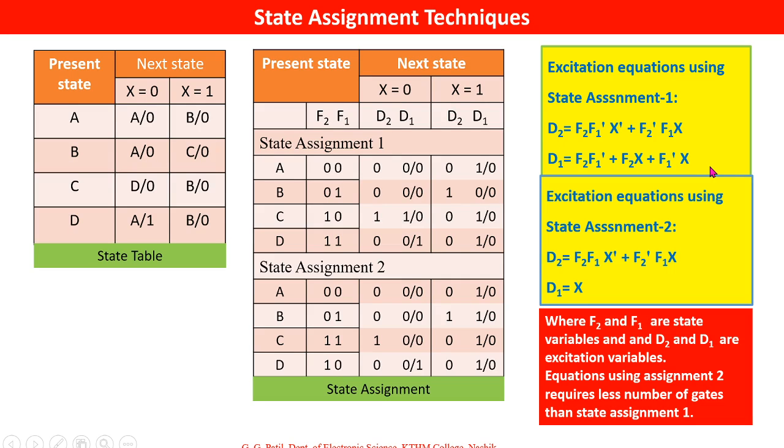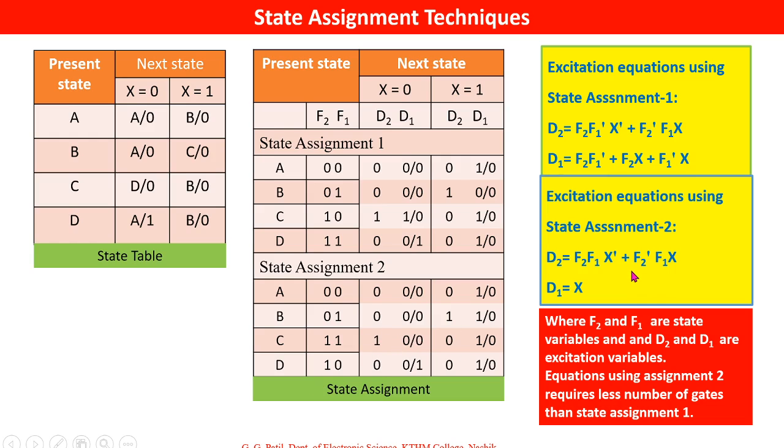Now for state assignment 2, the excitation equations are derived in this way. Here again we have to derive equations for D2 and D1. So for state assignment 2, under x equals 0, observe the D2 column, output is 1 here. For that output D2 equals 1, check the input condition. Inputs are F1 is 1, so we'll take F2 F1 x'. So here the term is F2 F1 x' for this one,